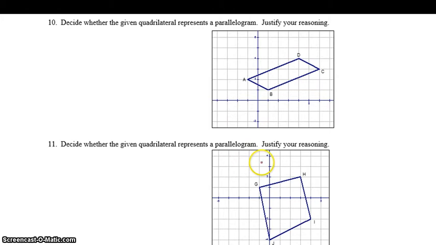You did one like this as example 2 in our notes. Now you could probably tell just by looking at it that this one is a parallelogram and this one is not, but you do have to justify your reasoning. This is kind of what we call coordinate proof, where you have to give me some proof. We don't have to do it in 2-column proof style and give reasons and all that, but we do have to have some reasoning behind it and show some work. So it really doesn't matter. I'll do the one that looks like it's a parallelogram. And so we could show any of the 5 ways, like either opposite sides are parallel, opposite sides are congruent,